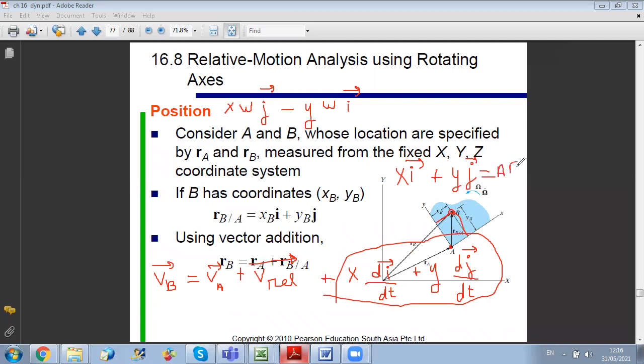Because if you try to do omega vectorial AB, what do you get? Omega is along k, right? So if I replace omega k vectorial vector AB, which is xI plus yJ,